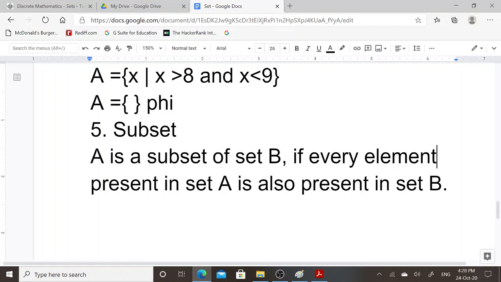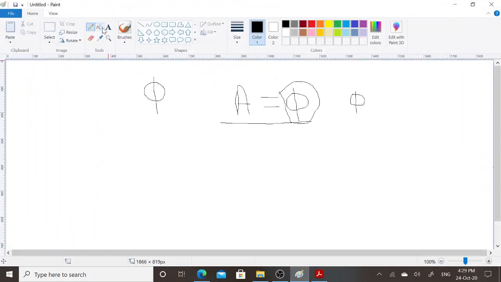And how is subset written? It is written as A is subset of set B. This is the symbol of subset.